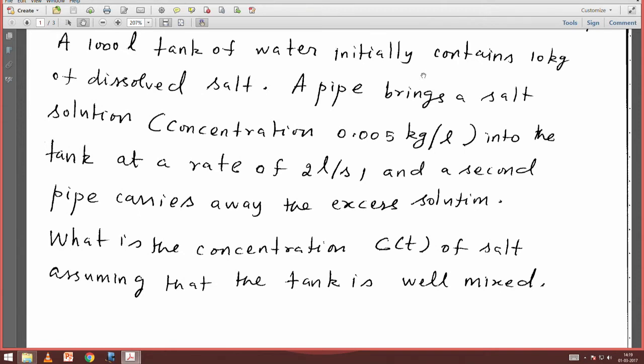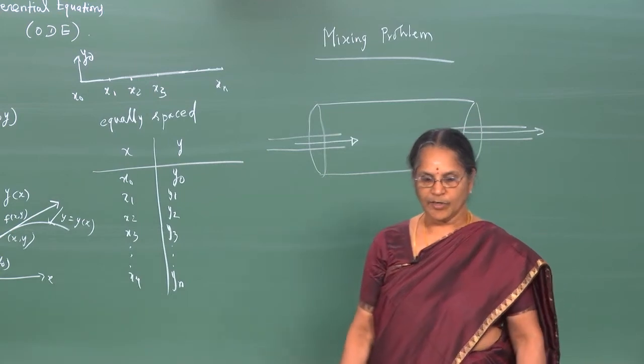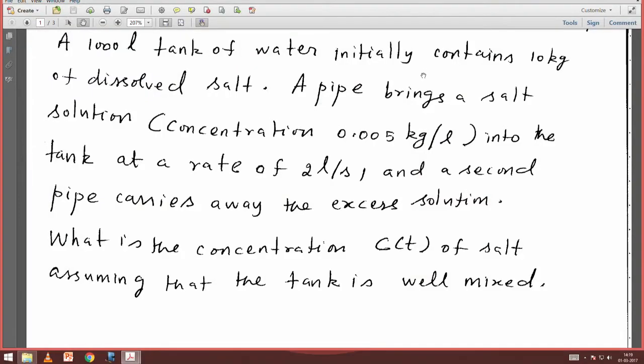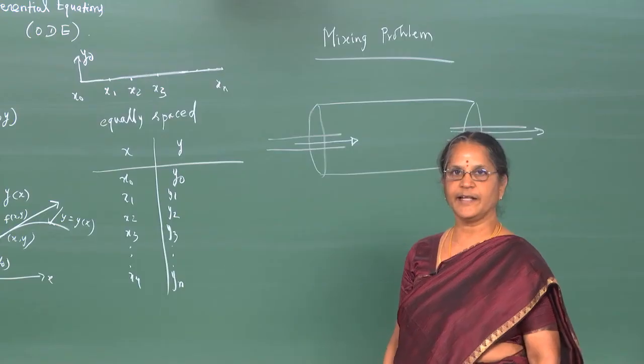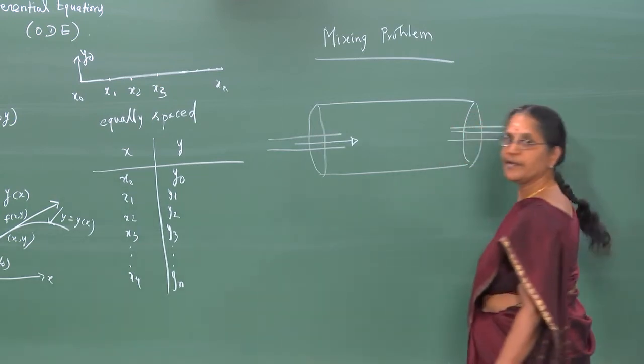A pipe brings a salt solution of concentration 0.005 kilograms per liter into the tank, as I said, at some rate. The rate at which it pumps in is, say, 2 liters per second, and there is a second pipe here